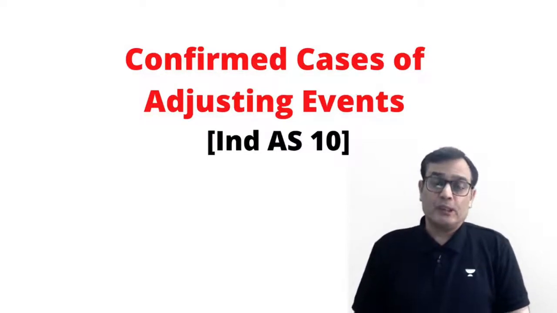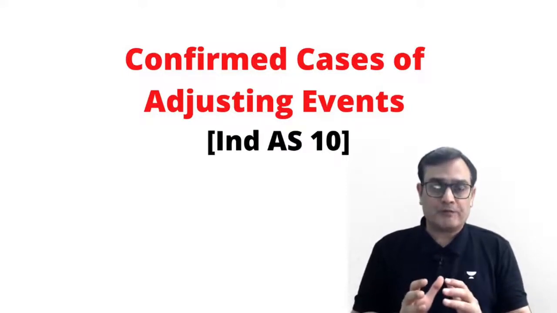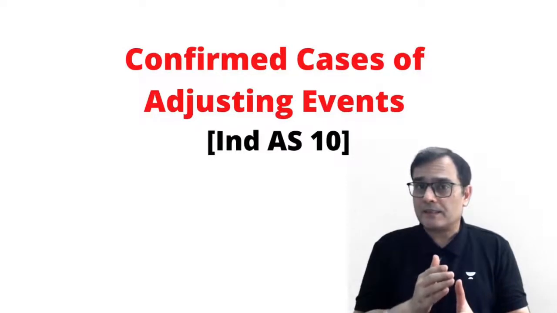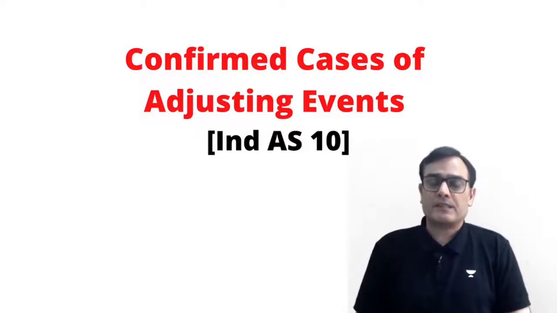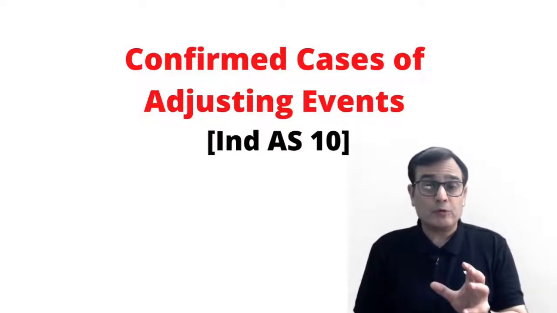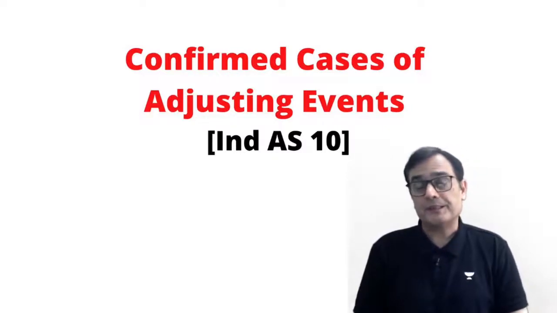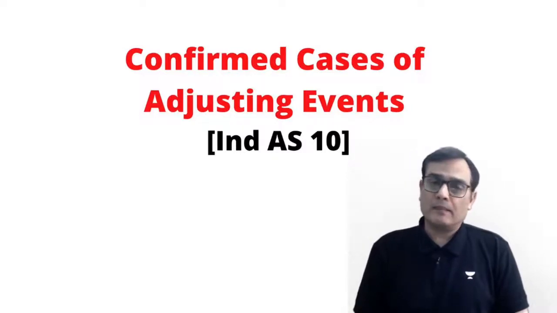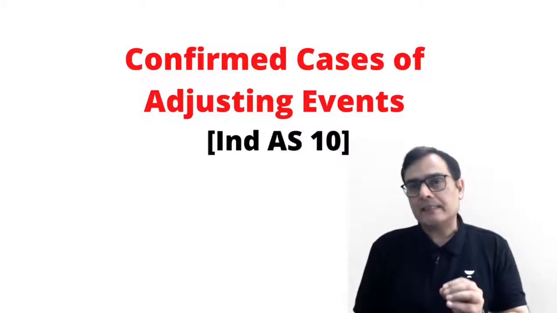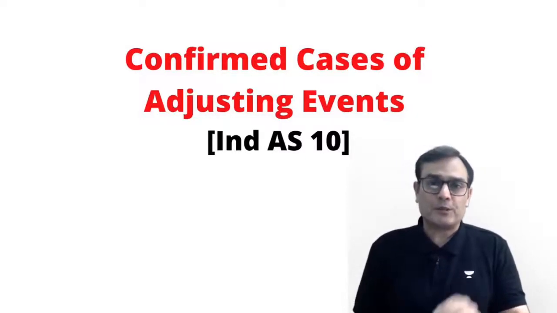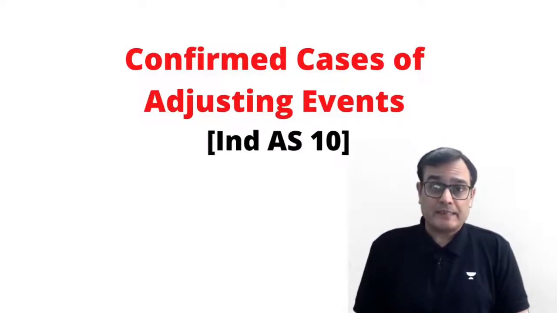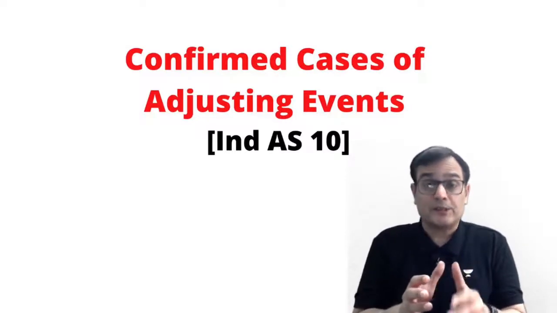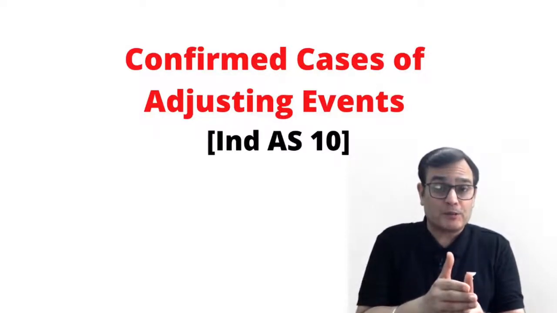Yes. If you look at para number 9 of Ind AS 10, it gives you certain examples of cases where we can certainly say that yes, this is an adjusting event. In fact, if you recall in the previous video, I had made a run through of the three-step model. In the three-step model, my second step was looking at whether there is any condition which is present on the balance sheet date. Now, is there a list of examples which tells me that in this particular case, this is the condition which is present on the balance sheet date?